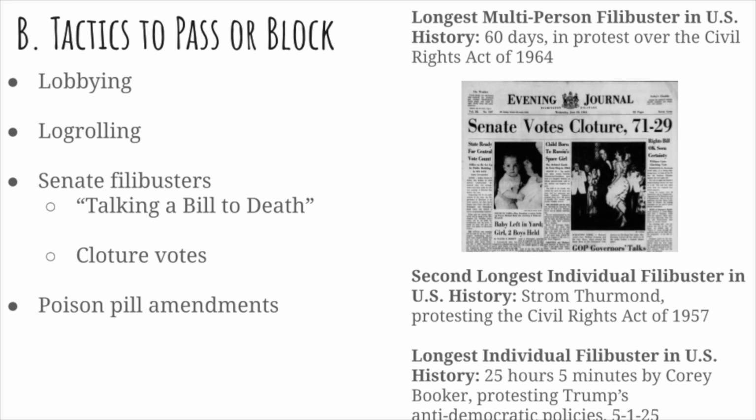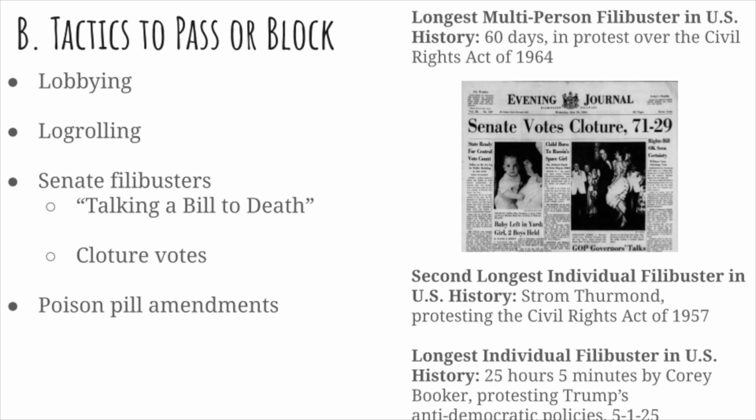And if a filibuster is started at the end of a session when there are all of these bills that are desperate to get out of committee and get voted on, remember that if the session ends and those bills aren't voted on, they have to start all over again. They have to get reintroduced and all of that. So there's an enormous amount of pressure at the end of a legislative session to try to make sure that legislation ultimately gets passed.